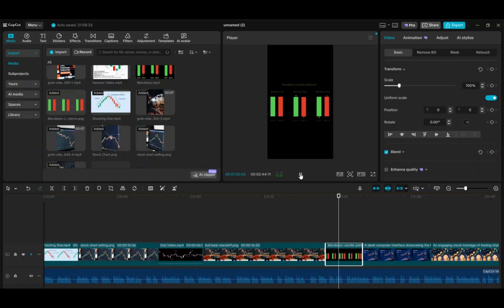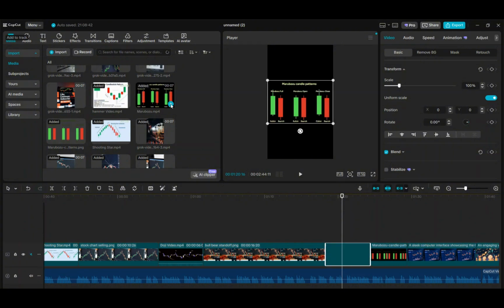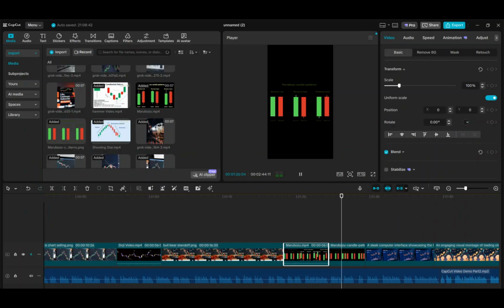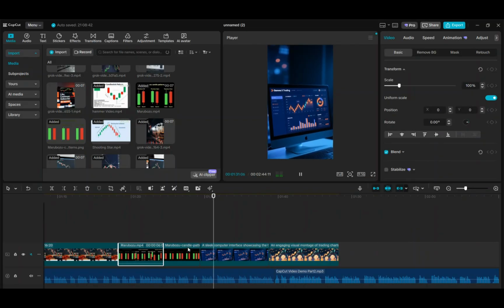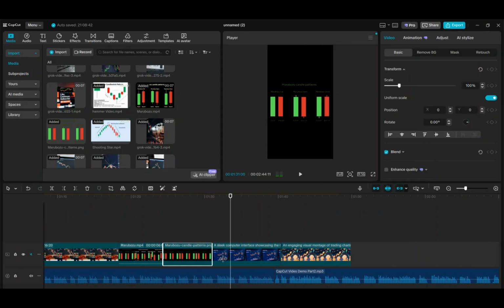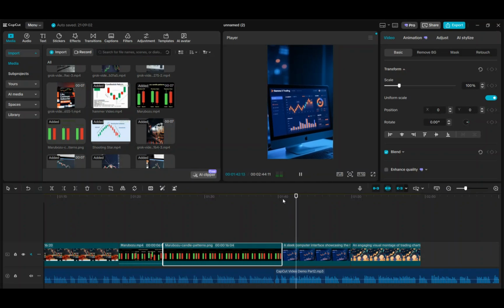No wicks, just raw power. A fat green body's all bulls charging forward. Momentum's locked in. Price is blasting higher. Red one? Bears in full control. Downside's the play. Time frame matters here. Daily or higher. And it's a screaming confirmation to ride the trend hard. So, how do you start? You start by exploring platforms that put